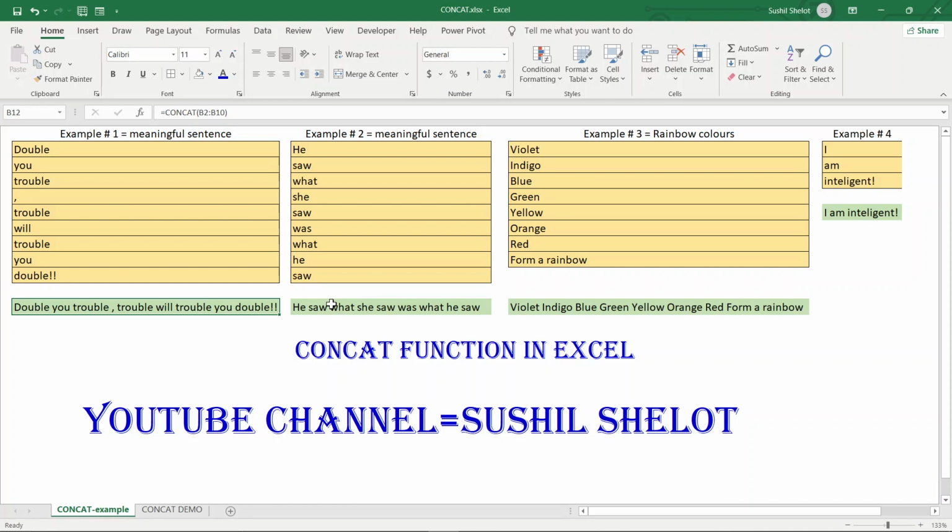In the next example, the sentence has been created by the CONCAT function. By using the CONCAT function with all these cells, it has got converted into a meaningful sentence: He saw what she saw was what he saw. So the three or four words are juggled here and there, and a meaningful sentence is created out of it by using the CONCAT function. I purposely chose some interesting sentences so that you can concentrate on how and what has been done